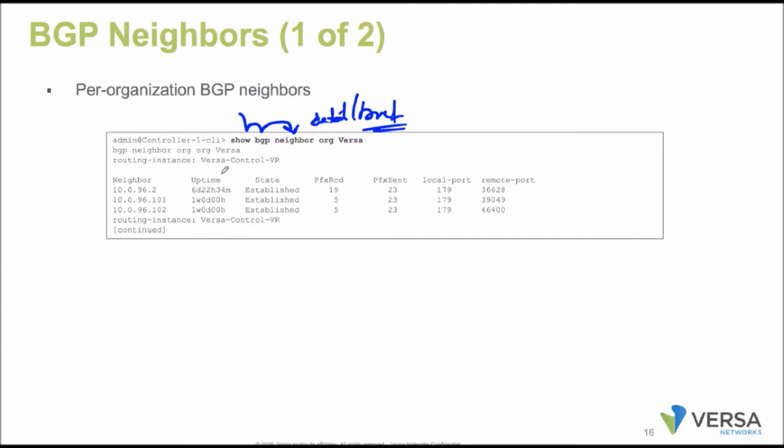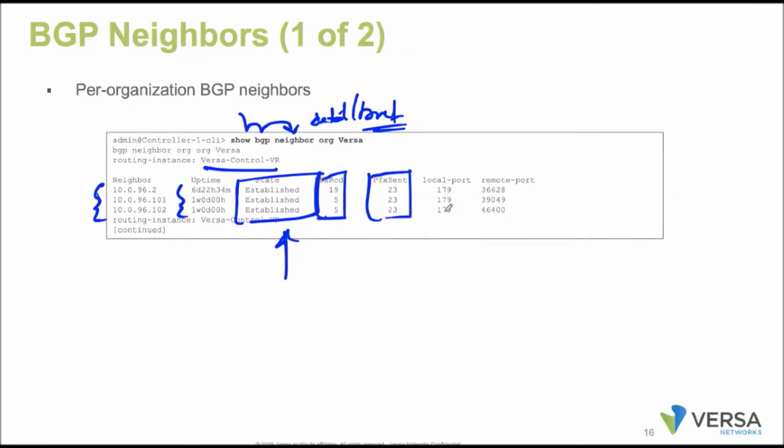It is displaying on which routing instance, what is the neighbor IP address, what is its uptime, what is the state of the BGP, established or not. Then the prefixes that are sent, the prefixes that are received, what is the local port number and the remote port number. We are going to find all this information. This is just a brief output. Like we discussed yesterday, in the detailed output it is going to display the NLRI information, what all the families that are going to be supported between the branches. That will be decided with the help of the NLRIs.